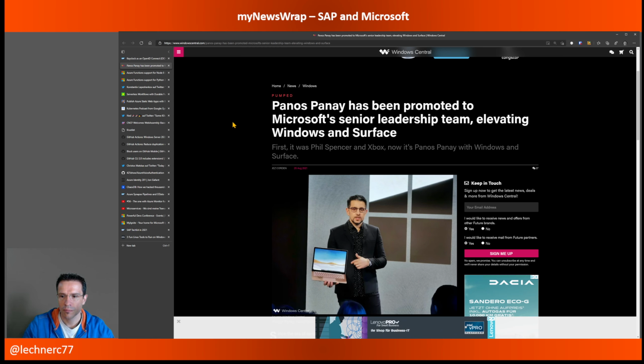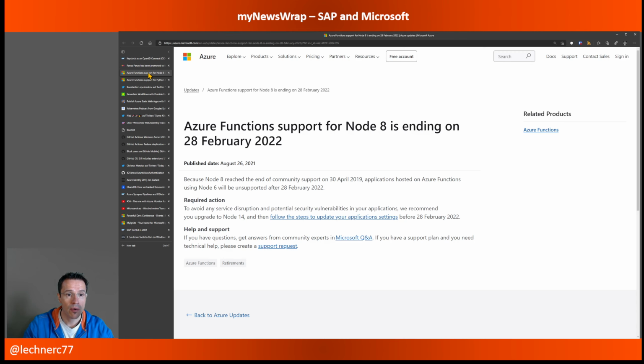Then, with that more general news, let's switch to the area of Azure Functions. There are some end of support messages that I would like to highlight. Of course, not for Azure Functions per se, but for runtimes that are supported or have been supported within Azure. First of all, the support of Node.js 8 is ending at the end of February next year, 2022.